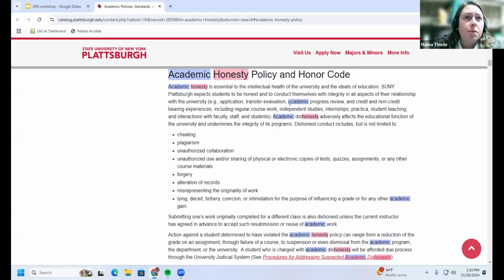So sometimes that can even get into what we call self-plagiarism, where if you write a paper for one class and then you repurpose it, you say, I already wrote a similar paper, and you just turn the same paper in for another class, that is self-plagiarism, and it's not considered academically honest. So even though it is still your work, you are supposed to do unique work for each class. So you could maybe have a discussion with a professor if you want to do research on the same topic, but you should not be turning in the same work for more than one class.